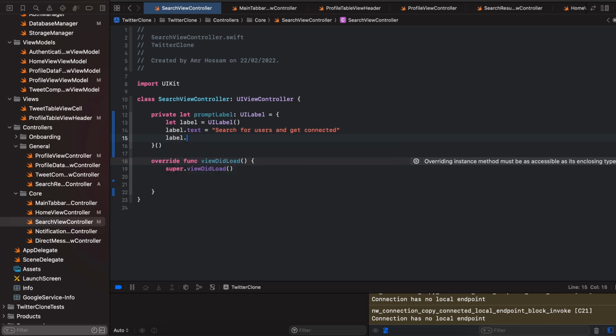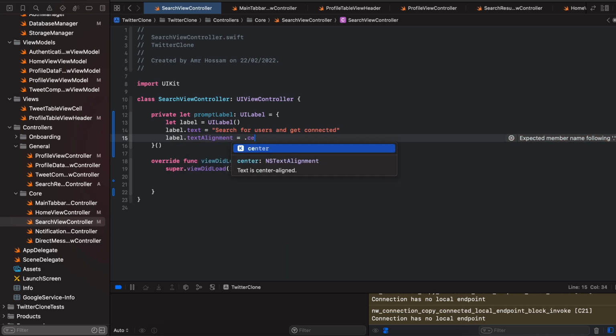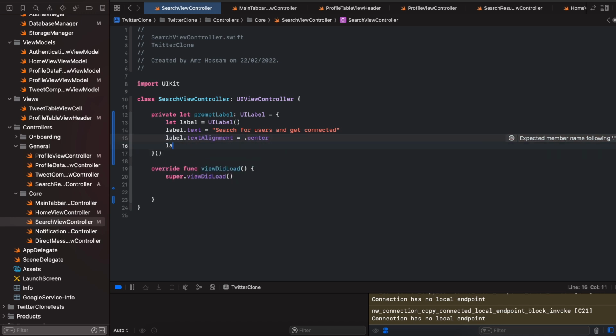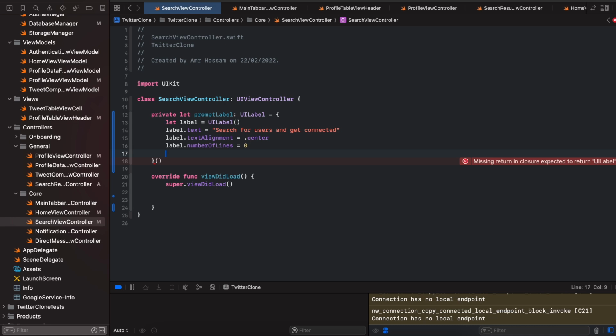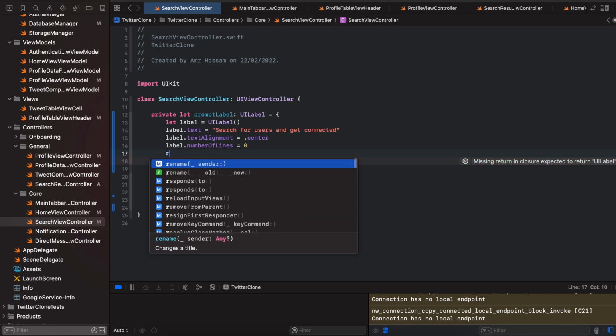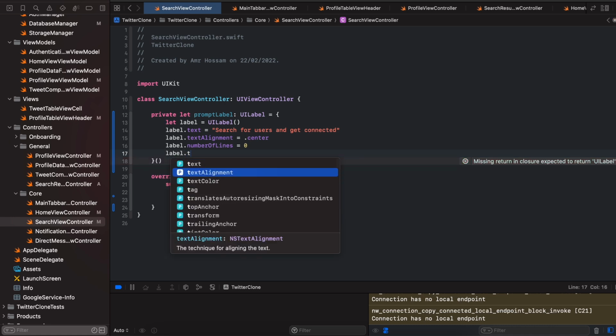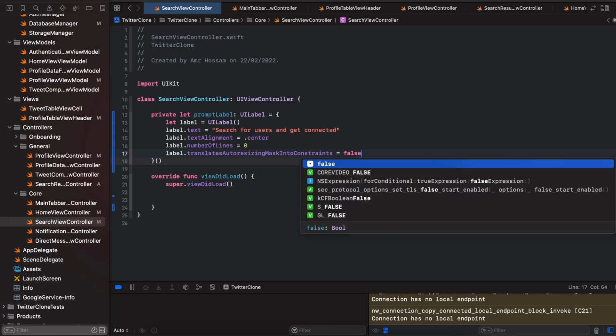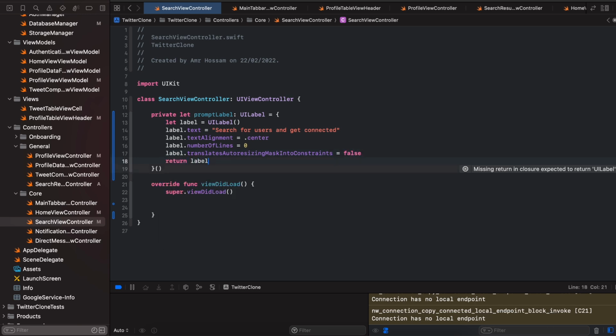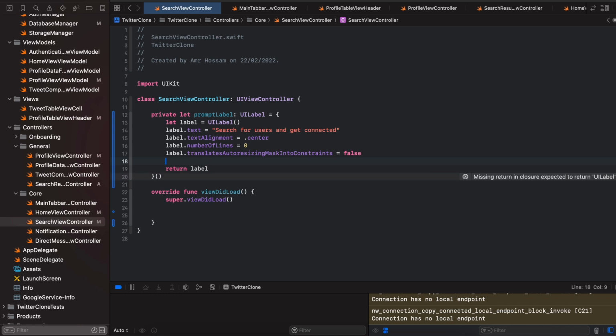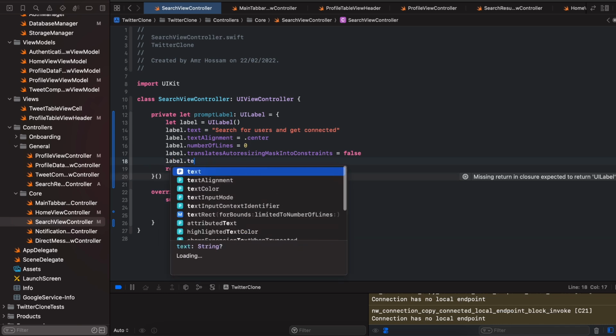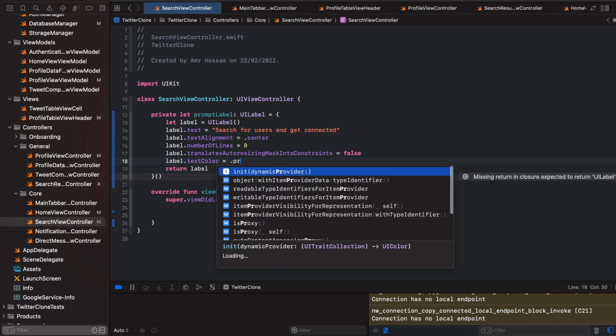Label dot, I think it's called multi-line, or maybe it was something like text alignment. The text alignment is just going to be center, and label dot number of lines, set that to 0 so you can enable multi-line text basically. And here I can just say label dot translatesAutoresizingMaskIntoConstraints, set that to false, and just return your label. Right, and over here let me type something like label.textColor, and I'm just going to say